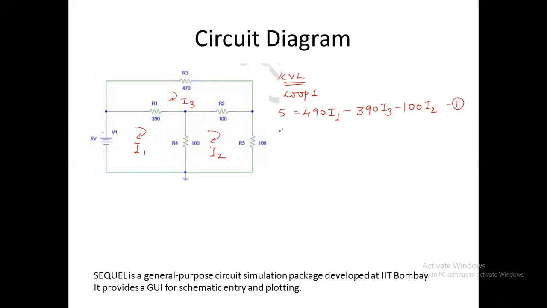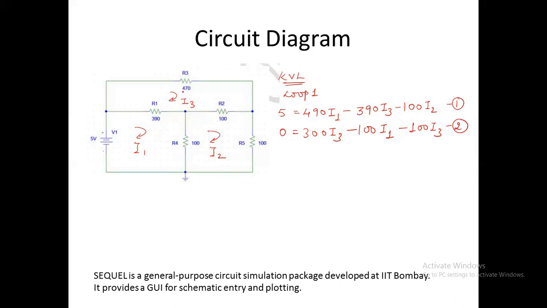So this is my first equation. Now, the second equation will be 0 is equal to the sum of the resistance in that particular loop. So 100 plus 100 plus 100, that becomes 300 I3. And then the remaining terms will be negative drops. The common branch resistance is again 100, with which I1 is flowing, so it will be minus 100 into I1. And again, you have the I3 current flowing through this 100 ohms, so it will be minus 100 into I3. So this will be your second equation.